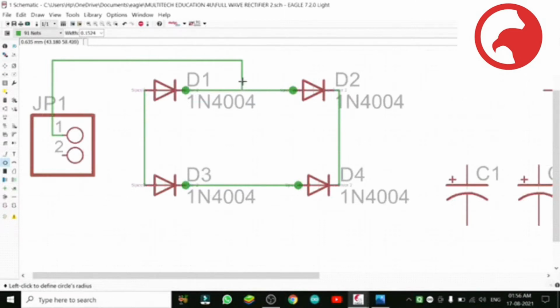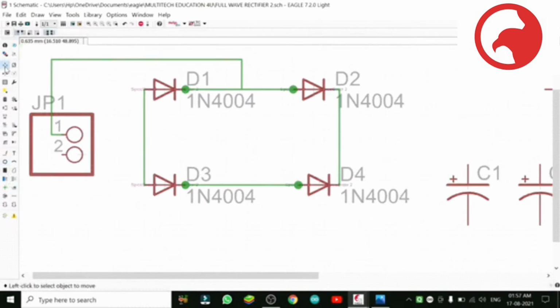If there is no connection, this node will not come here. If it is proper, then the node will come. Node will find its place for the connection. No, it is not being made perfectly. The node, come back.